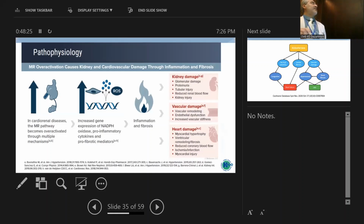And it is postulated that it is due to mineralocorticoid receptor overactivation among these patients, which increases the expression of pro-inflammatory cytokines and pro-fibrotic mediators, which lead to inflammation and fibrosis. This will result in kidney damage, vascular damage, and cardiac impact by cardiac fibrosis or cardiac hypertrophy at first. So inflammation and fibrosis due to mineralocorticoid receptor overactivation will lead to these damages, which are irreversible damage due to